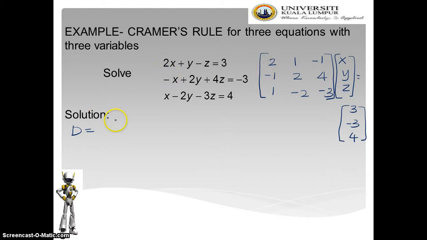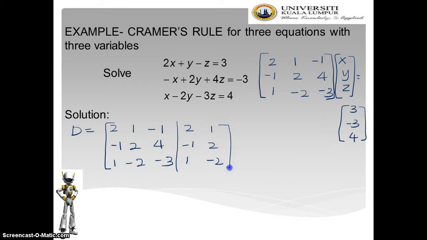D from the 3 times 3: 2, 1, negative 1, negative 1, 2, 4, 1, negative 2, negative 3. So you have to use the diagonal method: 2, negative 1, 1, 1, 2, negative 2. We get 2 times 2 times negative 3, negative 12, plus 1 times 4 times 1, plus 4, plus negative 1 times negative 1 times negative 2, negative 2. Okay, minus with